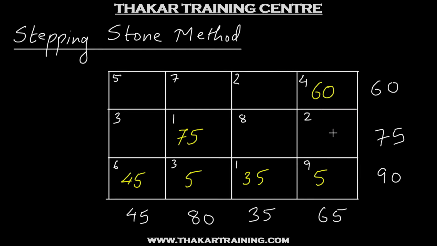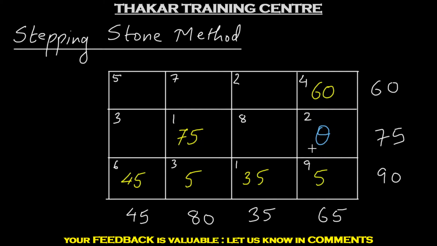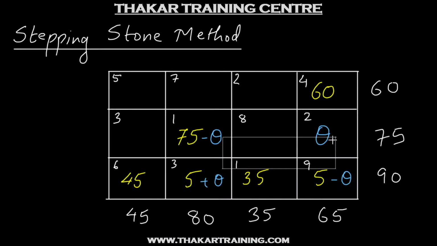Let's now find out how many units can be added to this cell such that the solution still remains feasible, that is, the rim conditions and the non-negativity conditions are satisfied. So let's suppose we add theta units to this cell. And this is a loop that we had identified. Now this is theta, so this will be minus theta, plus theta and minus theta. We want the maximum possible value of theta.